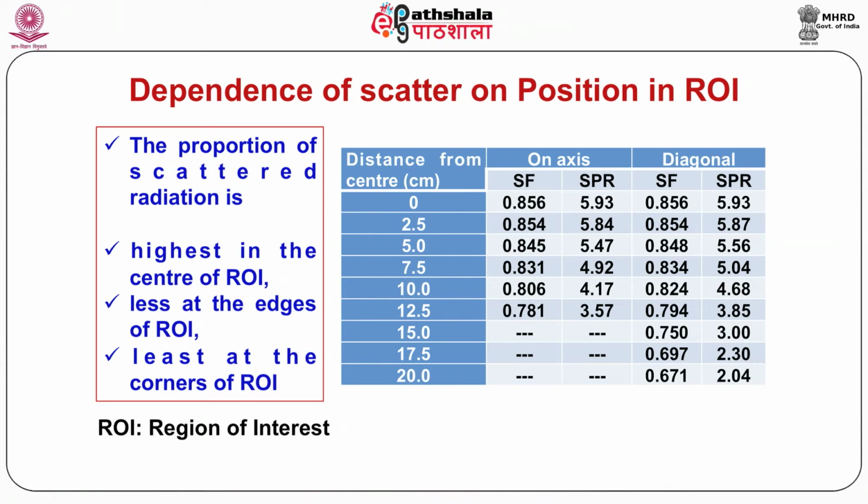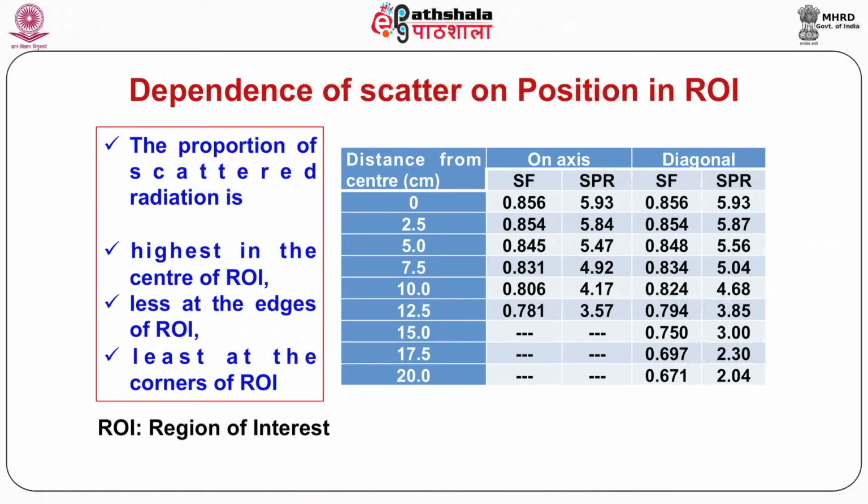So now here in this table you can see distance from center is taken in first column and a scatter factor and a scatter to primary ratio, that is SPR, on axis and diagonal axis are shown in other 2